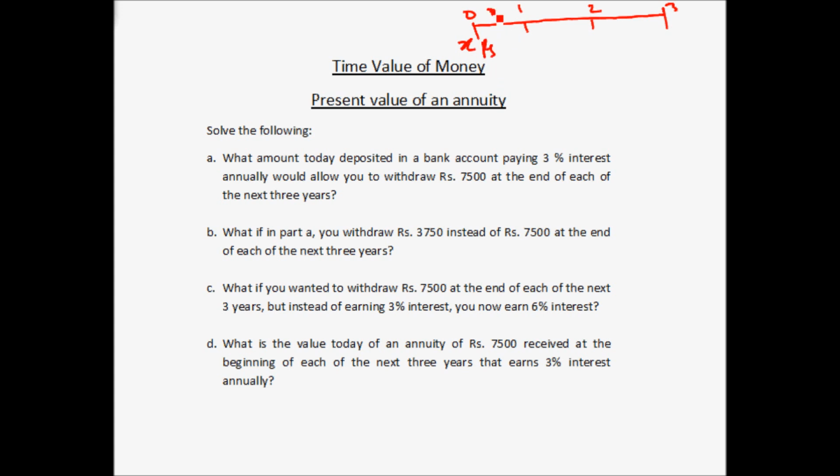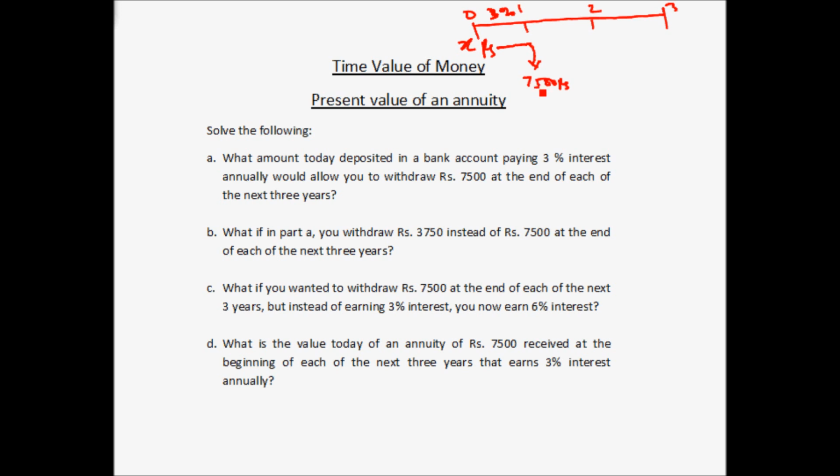The interest gained per year is 3%, and this X amount of rupees will gain 3% interest for the first year, and then you want to withdraw 7500 rupees. Now the remaining amount, that is the amount deposited initially plus the 3% interest gained on that amount